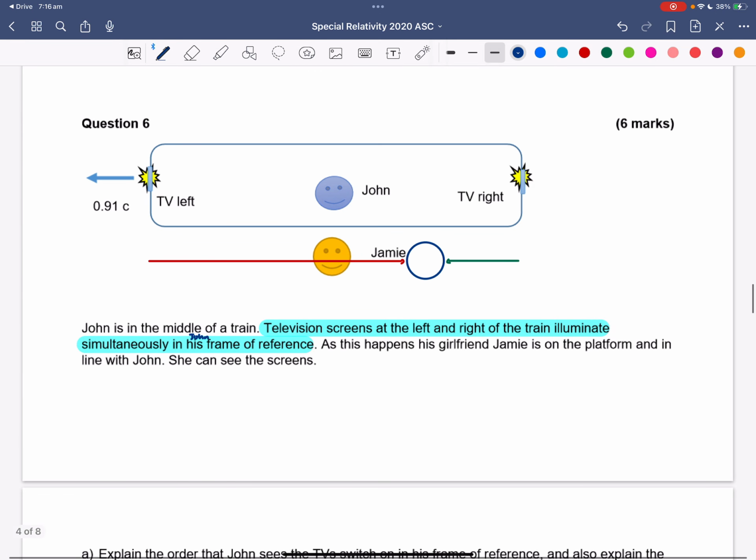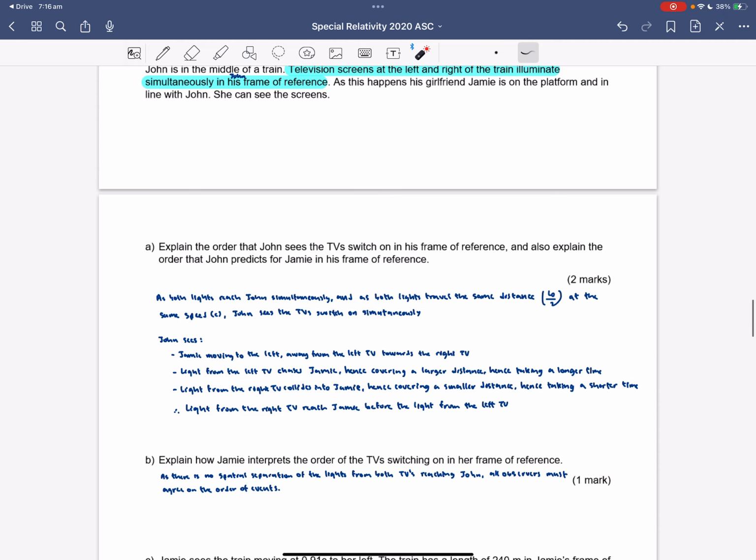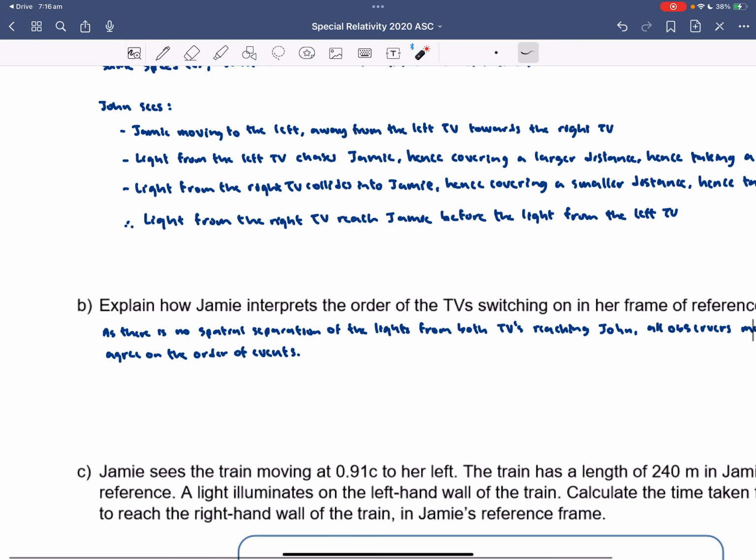And we already agreed, the question already told you that John thinks that both lights illuminate simultaneously. Alrighty, so if both the lights illuminate simultaneously according to John, since there's no spatial separation, as John sees both TVs turn on simultaneously, switch on simultaneously,